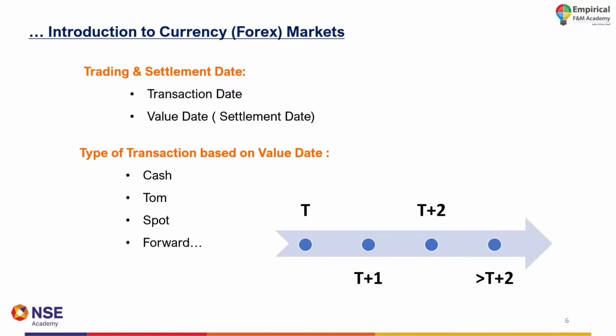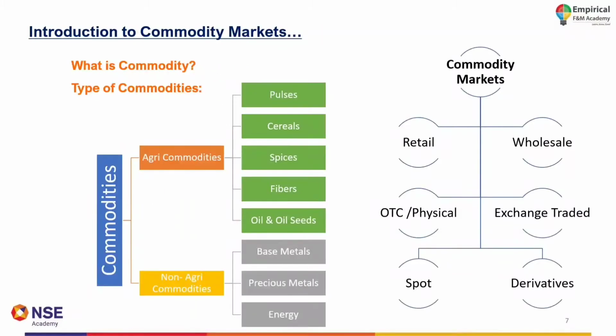So I don't need to define what a commodity is. We all know the goods which we are using for various things. Either it can be an agricultural commodity or any kind of raw material which we use for production of any products and services. Now when I say types of commodities, maybe in your school days, you learned about the different types of commodities, like agri commodities and non-agri commodities.